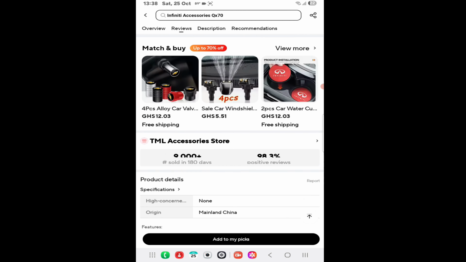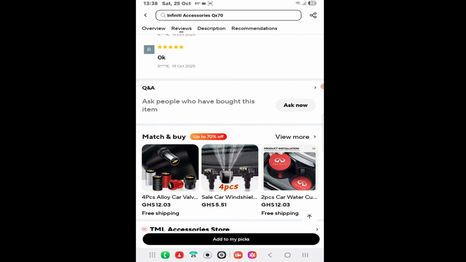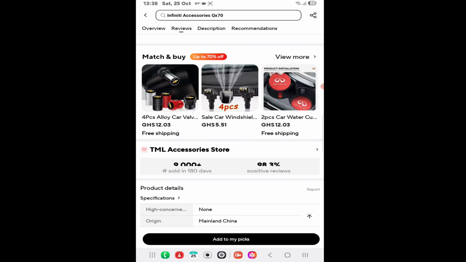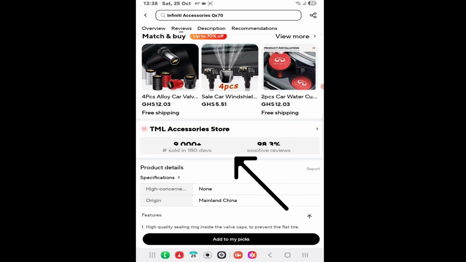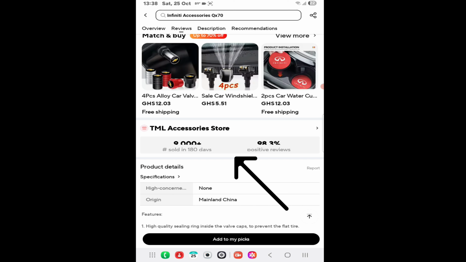Scroll. You realize in here, after the question and answer tab, there will be a match product section. After that, you realize there's a tab where the store details can be found. So you realize in here, TM accessory stores, as you can see in here. So you just have to tap on it, tap on anywhere, the name. Just tap on the name,